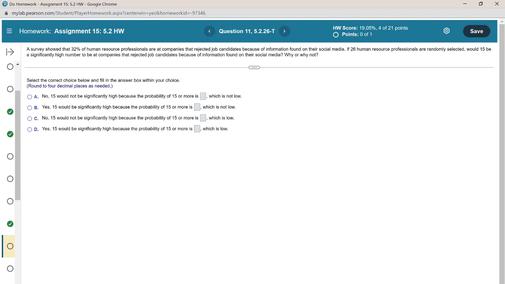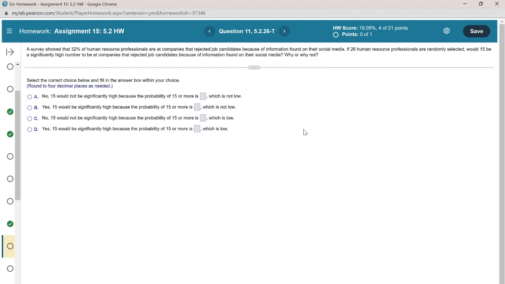If 26 human resource professionals are randomly selected, would 15 be a significantly high number to be at companies that rejected job candidates because of information found on their social media? So, 32%, the rate of success is 32%, that means 0.32. And out of 26, if 15